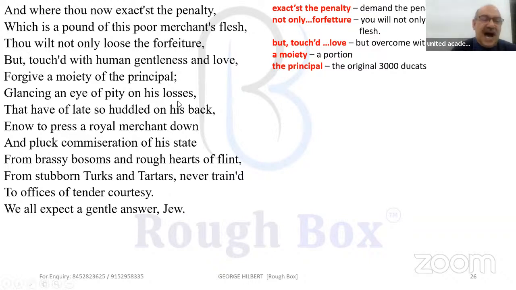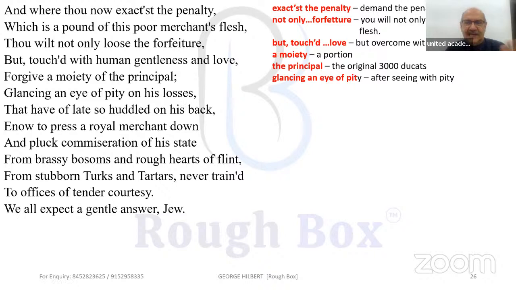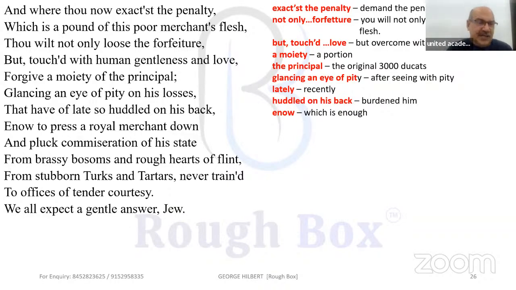Glancing an eye of pity on his loss, after seeing with pity all the losses that have recently huddled or burdened on his back, which is enough. Now means enough to press even a royal merchant down. Very recently, Antonio has been going through some problems. His problems have burdened him to such an extent that it is enough even to crush a king among, or a prince among merchants,